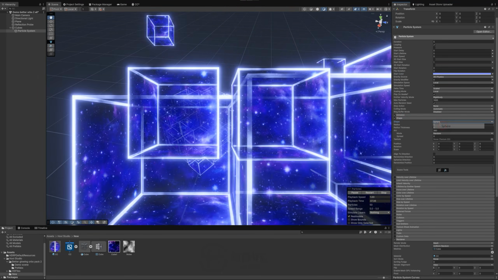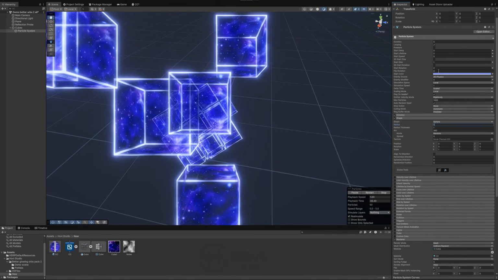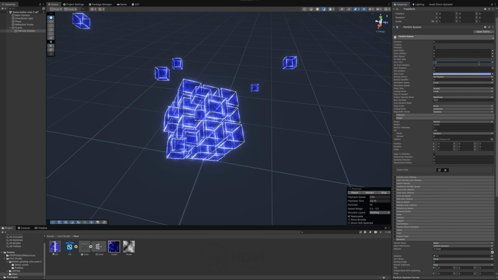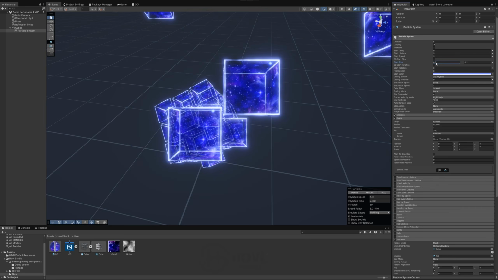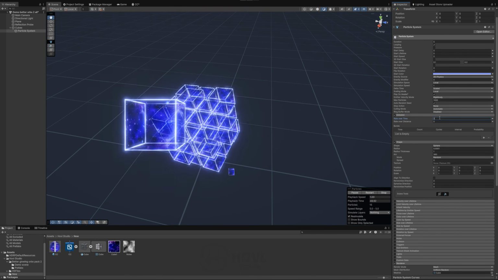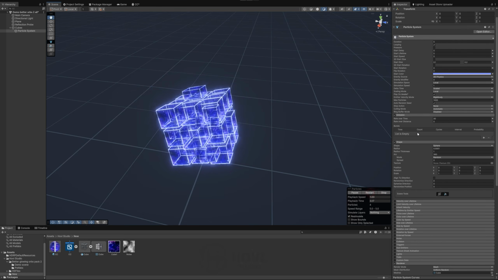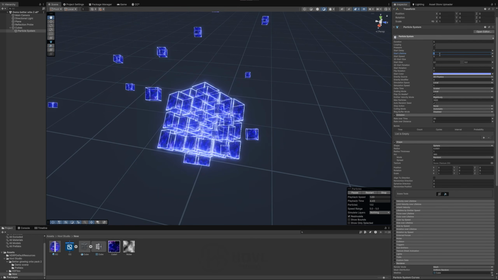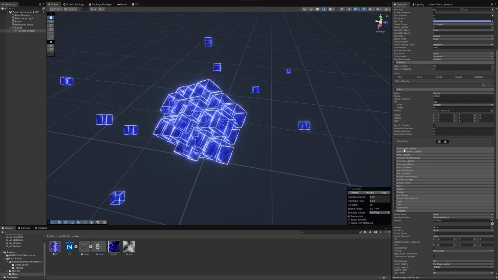Set shape to sphere, radius to 0, set size between maybe 0.2 and 0.1, set emission to 30 and change lifetime to maybe 1